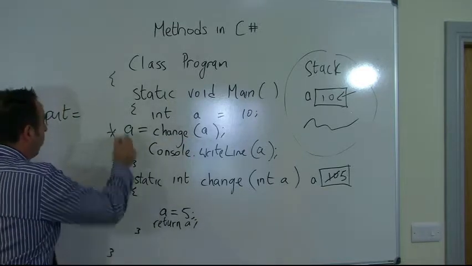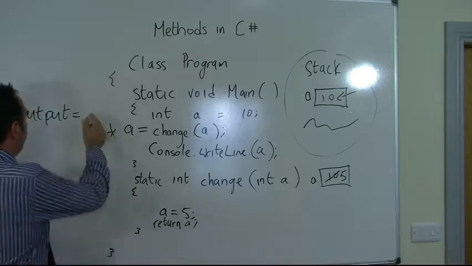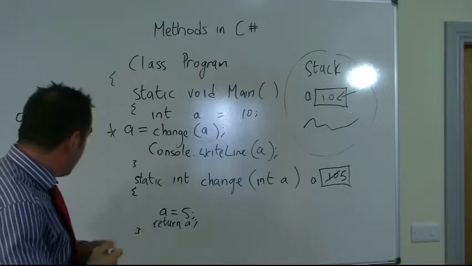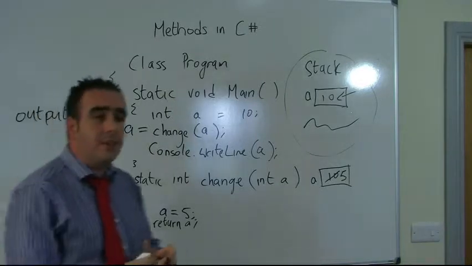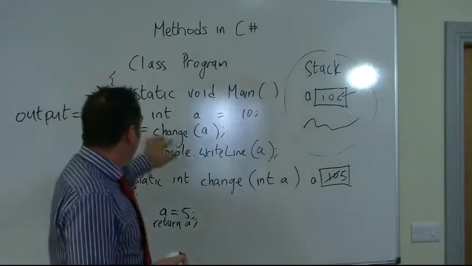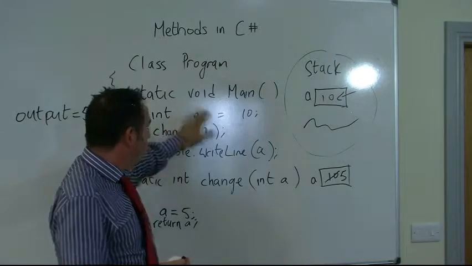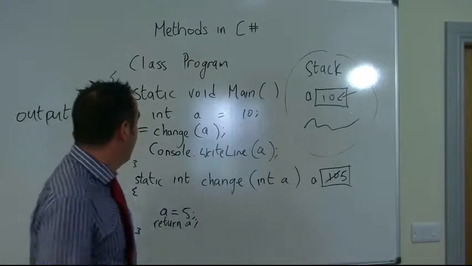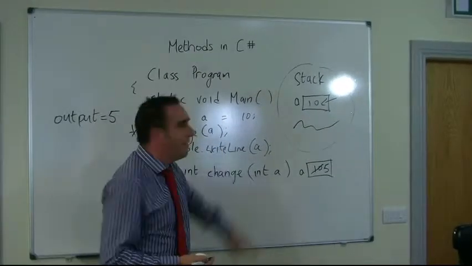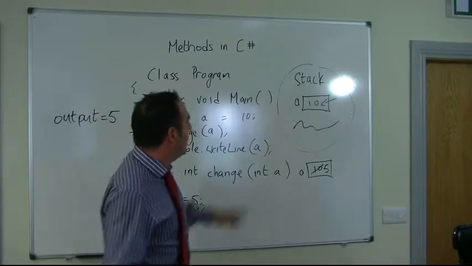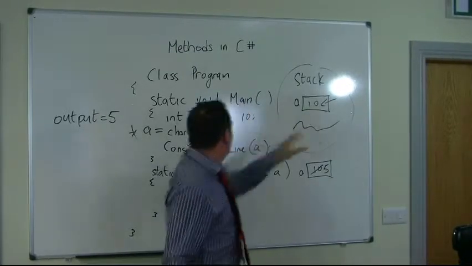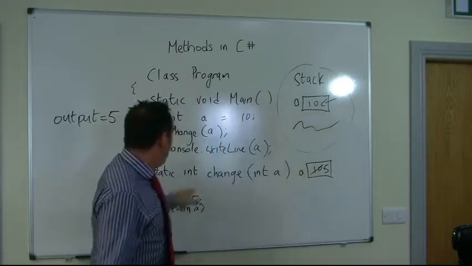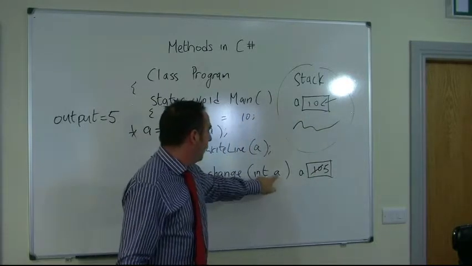So this is a very important point, and now the output of this program will be 5. Okay, so that's how this whole process that we did there of creating a primitive integer, passing it in as a parameter, that is known as passing by value. Why is it known as passing by value? Because the value of the variable that's stored in memory is copied into our method, or whatever the parameter is